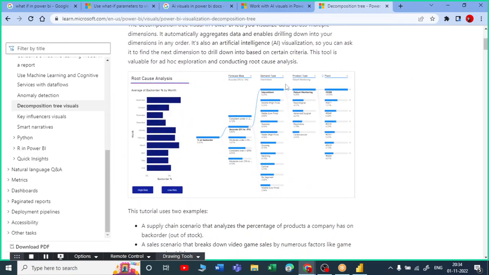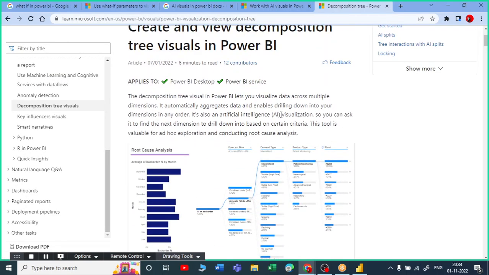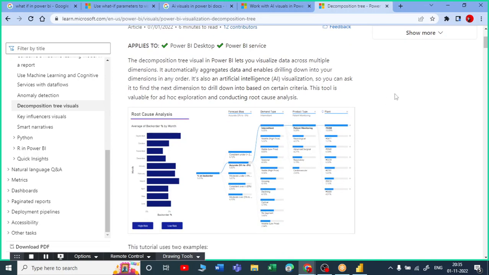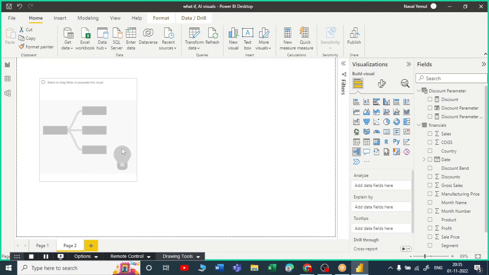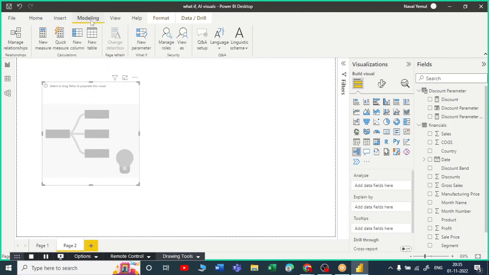So let us start with the first AI visual, that is your decomposition tree. The decomposition tree looks like this. It can help us do root cause analysis on your visuals, so it comes under AI visuals. Let me show you where you can get a decomposition tree. Here you can directly get a decomposition tree, or if you go to the modeling session,